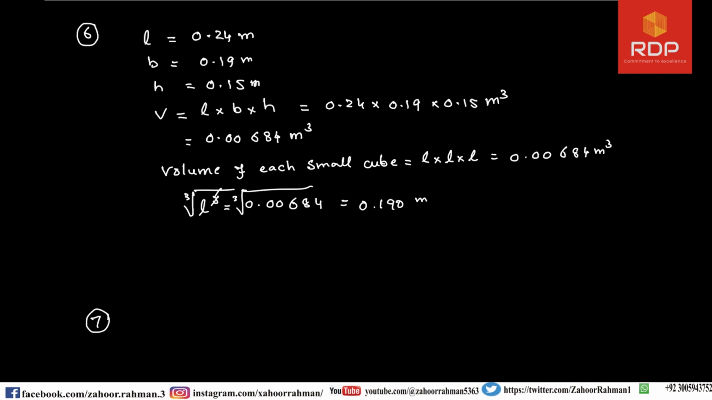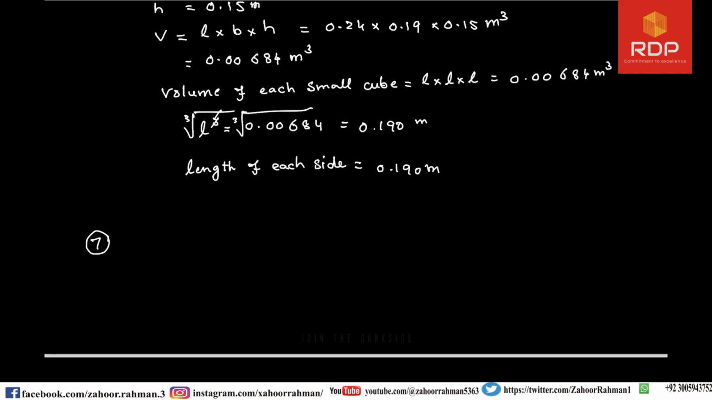Now the length of each side we found is 0.190 meter, and that is the answer. Now let us turn our focus to question number 7, and question number 7 is saying an open rectangular tank